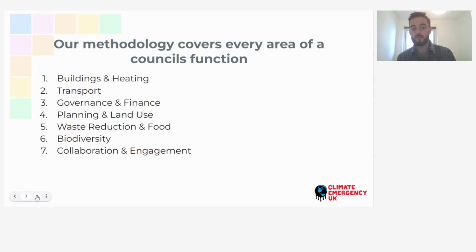And we go through, from buildings and heating, transport, all the way down to biodiversity and collaboration and engagement as well. So we're assessing across every area of the council's function, which is why we're so excited to be releasing this data. We know that